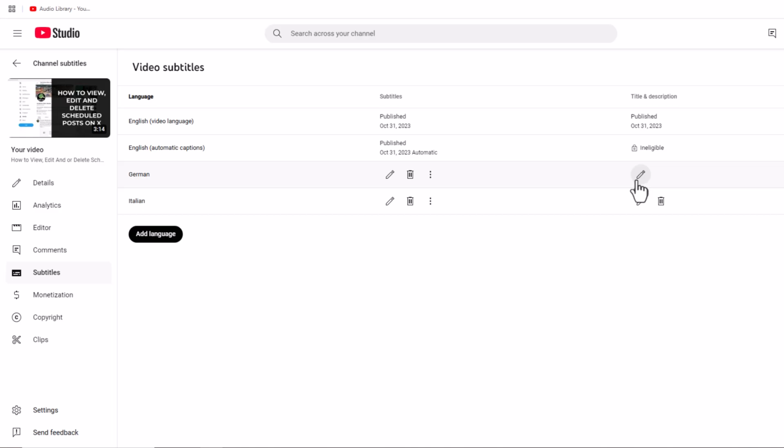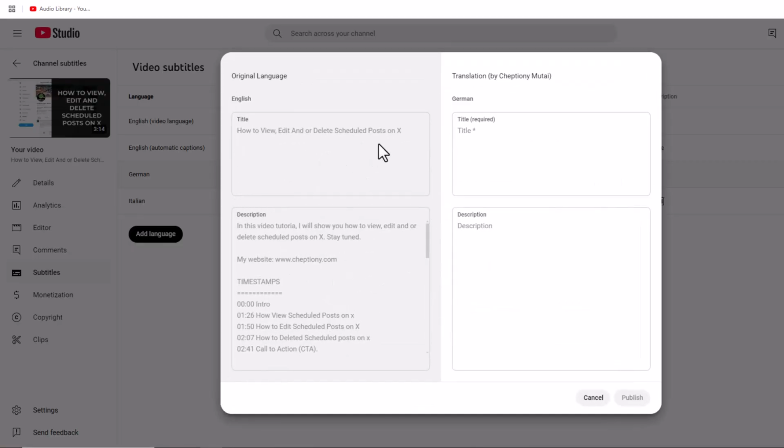To also add the title and description in German, click on the pen icon here. From here you can see the original language is English, and then there is the German section that you need to add. For this video, we will add the title. So we will copy the title, then open Google and search for Google